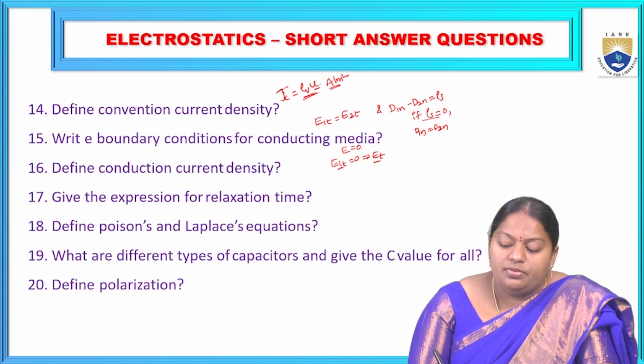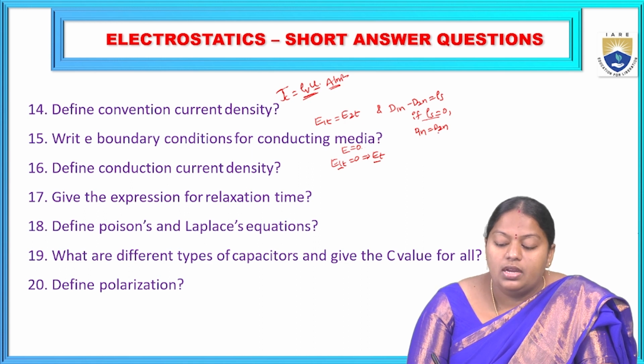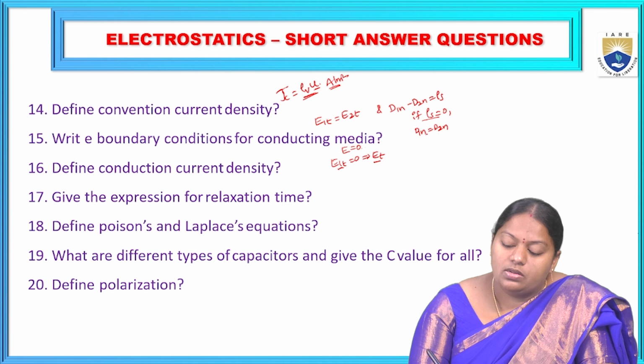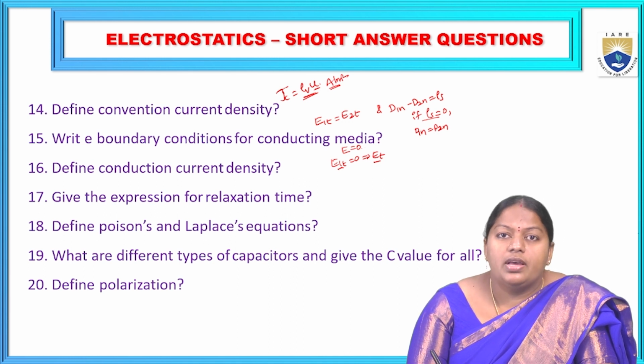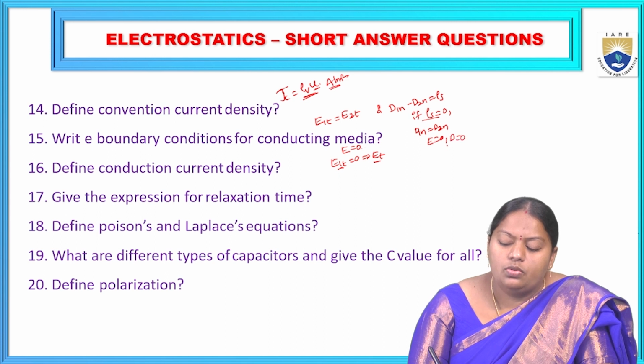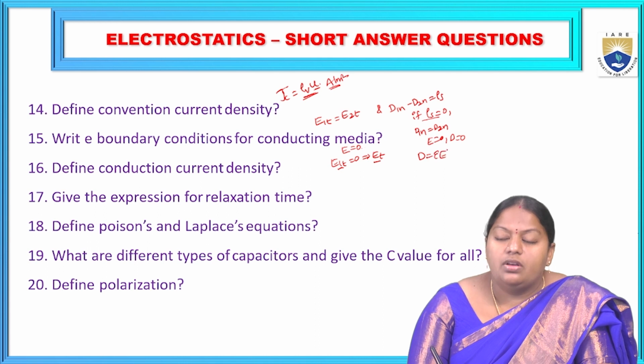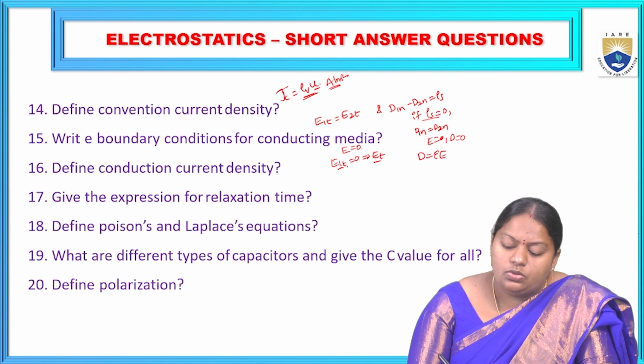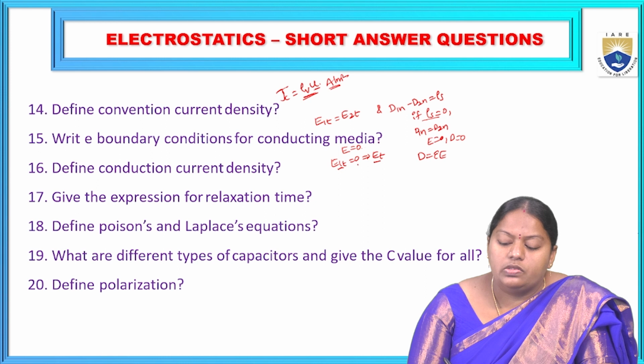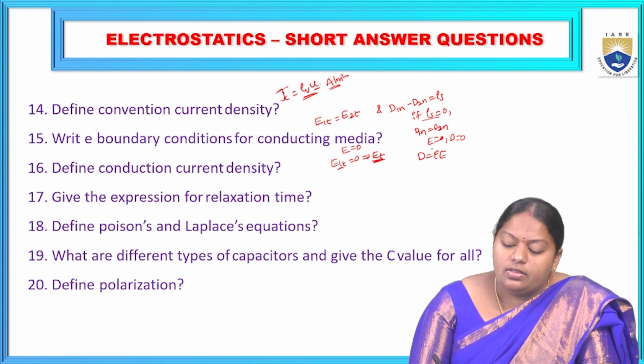Similarly, if E2t is equal to 0, D2n is also 0. Why? Because for medium 2 assumed as a conducting medium, if E equal to 0, D is also 0. As we know, the relation between D and E is D equal to epsilon into E. If E is 0, D is also 0. So we can say E1t equal to 0, or simply Et equal to 0, is one of the boundary conditions, and another one is